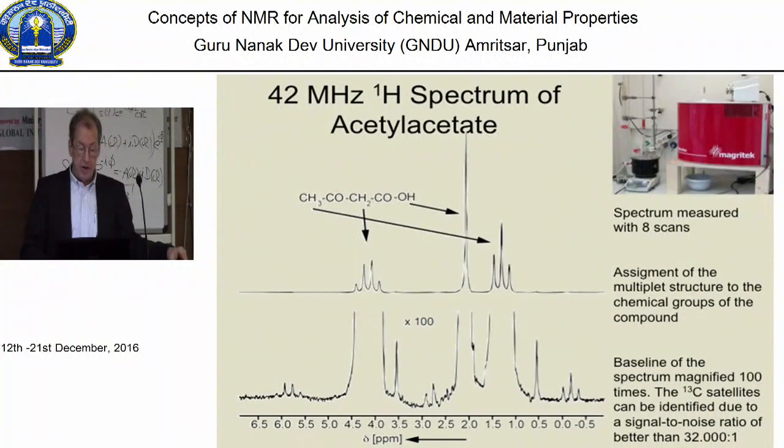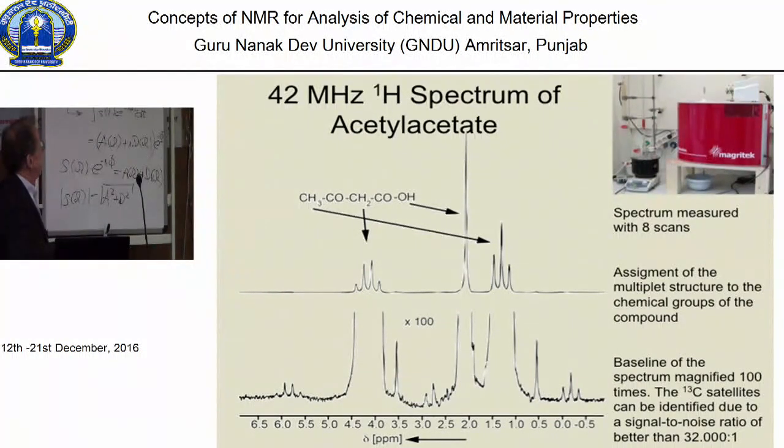Okay, so here's another NMR spectrum, and we can analyze again. What is it? Acetyl acetate, very simple chemical structure. We have a methyl group there, we have a methylene, and we expect the methyl group to be at low chemical shift values and the methylene group at higher chemical shift ranges, depending, we can look at our chemical table, or the table with the chemical shifts, and we will see that that assignment is meaningful. Now, depending on the solvent, the OH group can shift across the spectrum, but similar to the ethanol spectrum, when